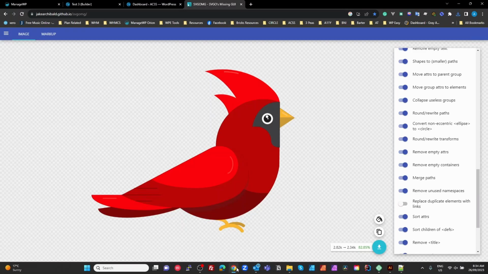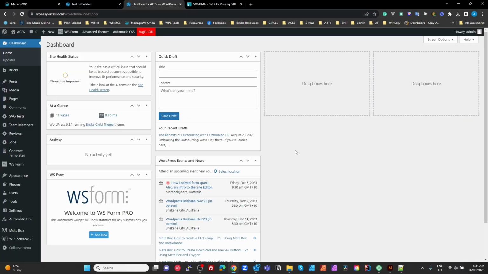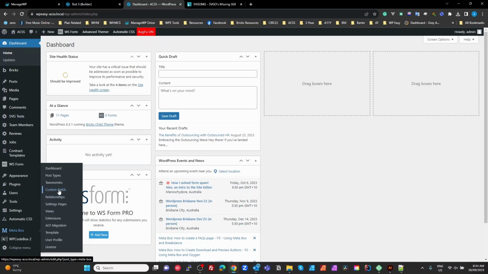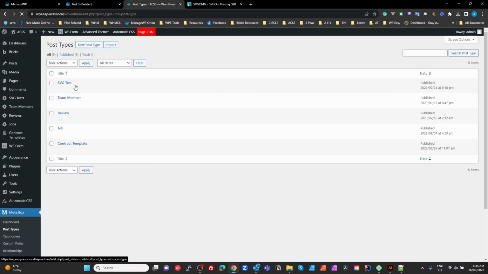Now let's go to how we're going to use this in WordPress. Here's our WordPress dashboard. So as I said, we're going to use this as dynamic data. So the first thing we do, I'm using Metabox. We've created a post type here of SVG test, and in my SVG test,